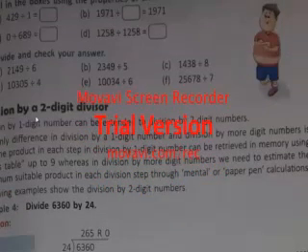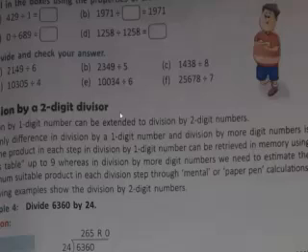You can see division by a 2-digit divisor. When there is a 2-digit divisor, how to divide it, I will be explaining to you later on during online classes. Regarding online classes, when the user ID and password are sent, at the same time you write the user ID, password and date in your diary. That means on this date, on this day, there is this subject class, so that you can remember and you cannot miss the class.